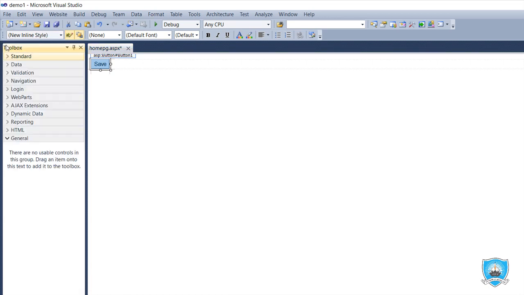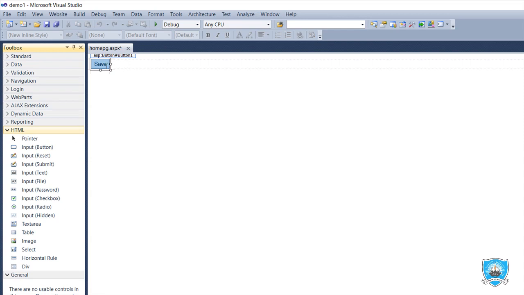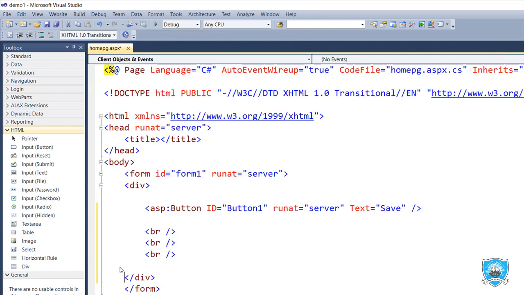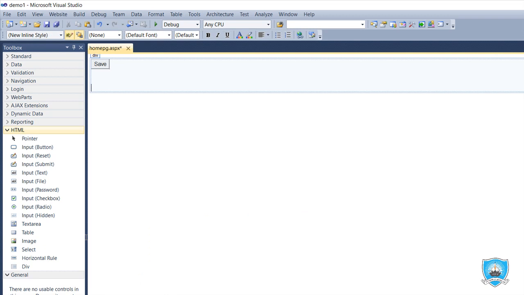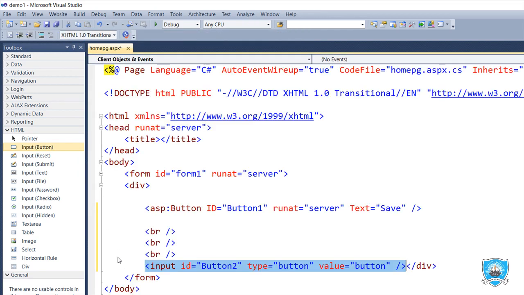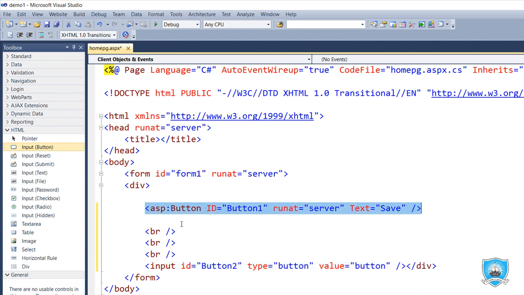In the same way, in HTML there is also a button. I go there and press enter 1, 2, 3. I press enter 3 times, and when I go to source, look, the BR tag is generated 1, 2, 3. Then I go there, and the Input button is also there. When I click on it and go to source, you will find the difference between this button